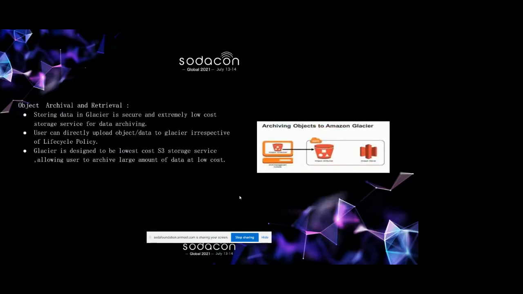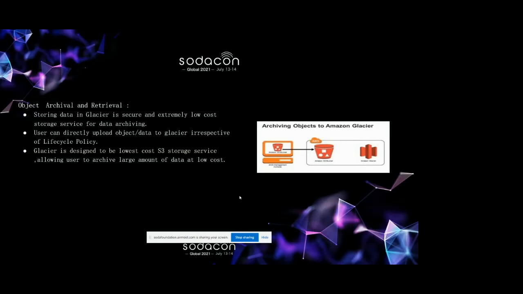Next one is object archival and retrieval. Currently, AWS is one of the leading cold storage providers, where Glacier restoration is supported. You can upload an object directly into Glacier and retrieve it by applying the restore functionality.